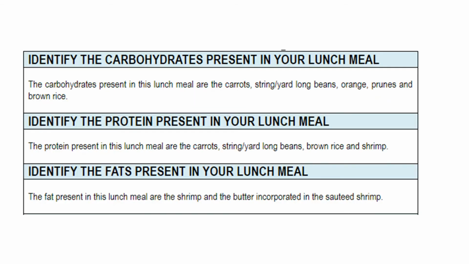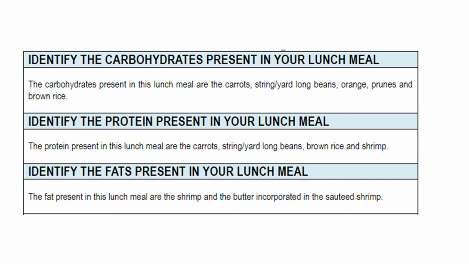Carbohydrates present in this lunch meal are the carrots, string long beans, orange, prunes, and brown rice. The protein present in this lunch meal are the carrots, string long beans, brown rice, and shrimp. And for the fat are the shrimp and the butter. The process of digestion for carbohydrates, protein, and fat will take place since the food items in this lunch meal